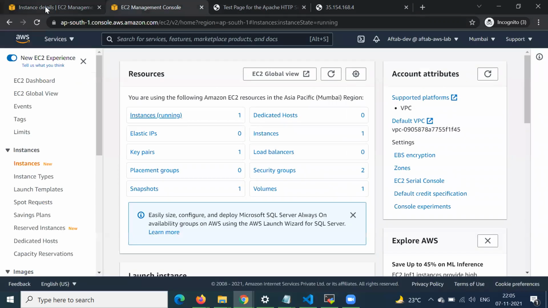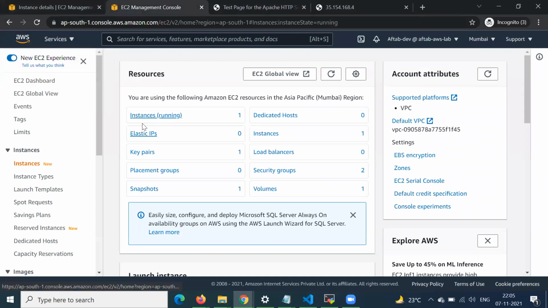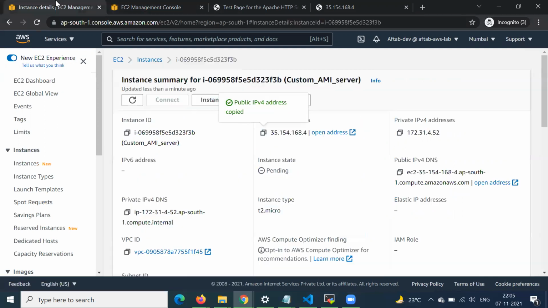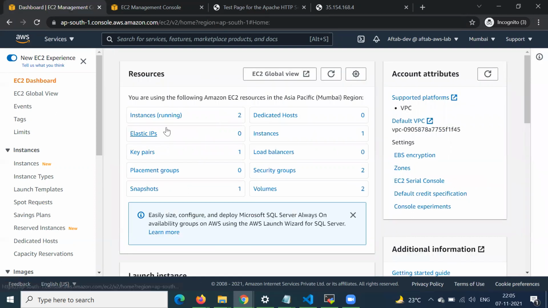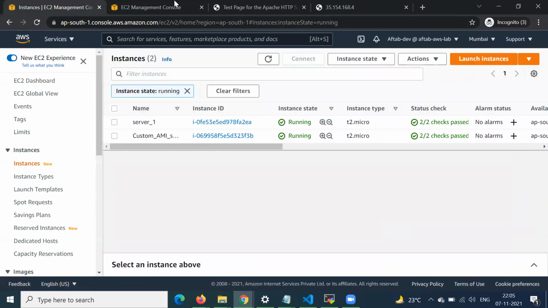So this is it for today's session, guys, and don't forget to delete whatever instances we have created, because it will cost you a lot. In the AWS cloud, nothing is free, so you have to pay for each and every service.